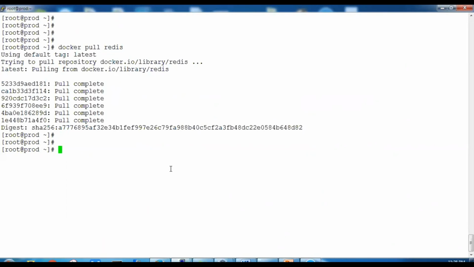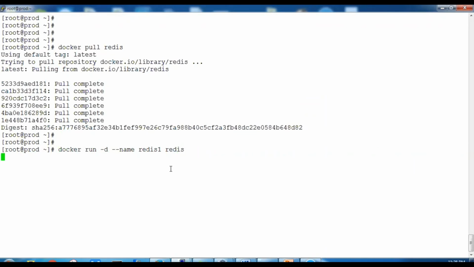Now let's launch the Redis container by running the command docker run -d --name, and we'll give the name of this container as Redis1. So this will be our container name, Redis1, and the image name is redis.